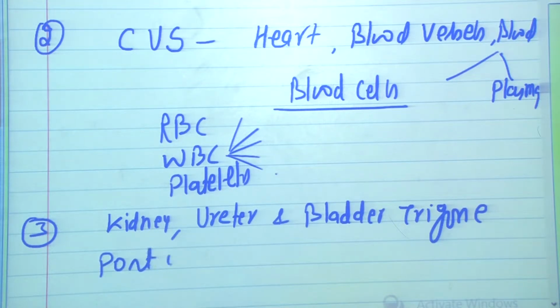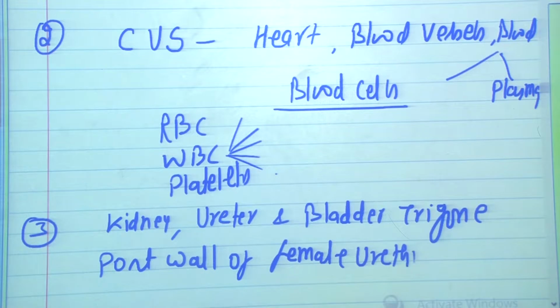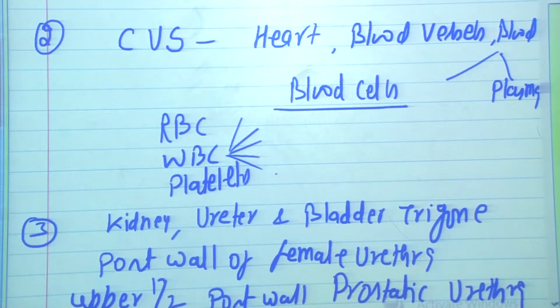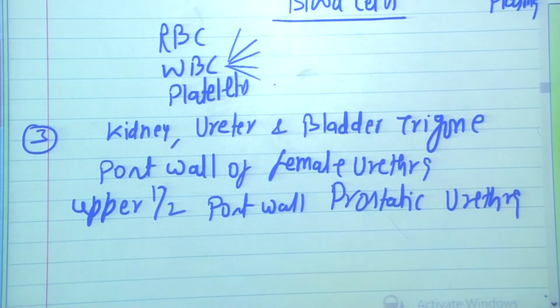Posterior wall of female urethra, upper half posterior wall of prostatic urethra. These are all derivatives of mesoderm. Number 4, genital system